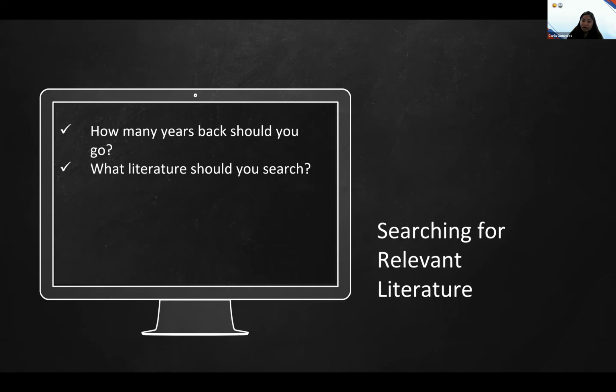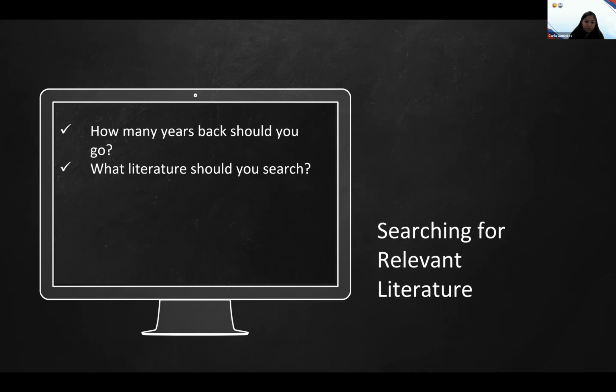Except, of course, for example, if you will be referring to some textbooks or theories, for example, if it has been written in the 1700s, 1800s, if it's something that is relevant, then you could still make use of that. Okay? But mostly for research studies, the publication should be within 5 years.